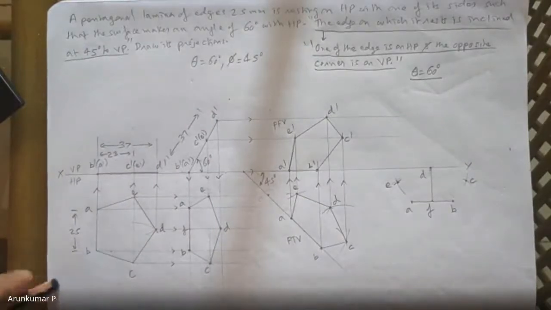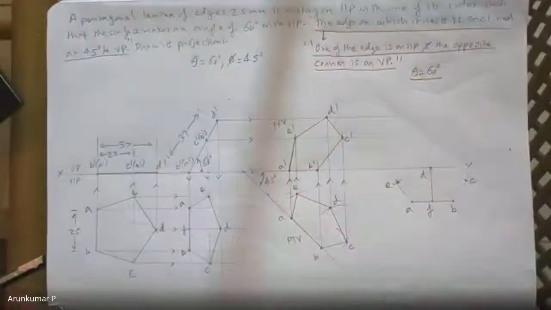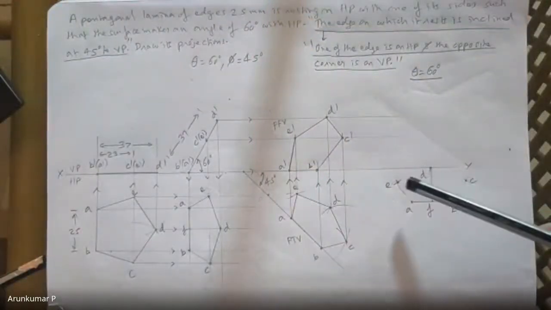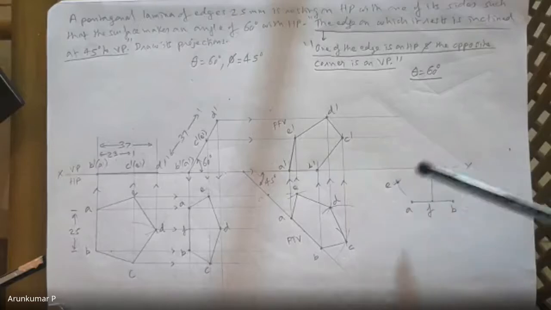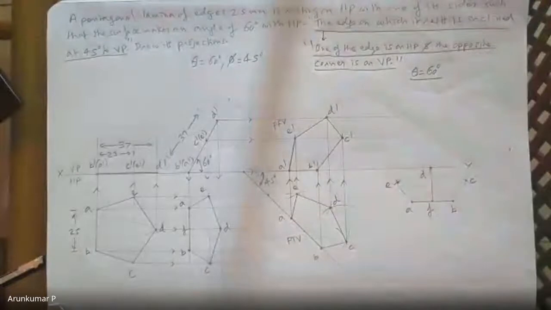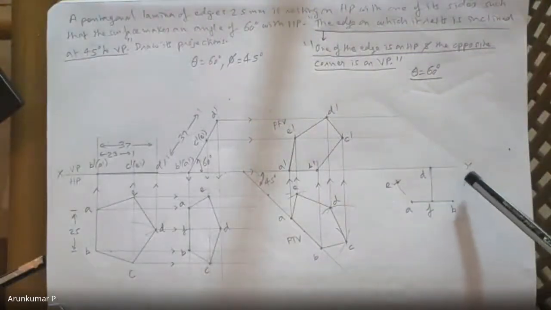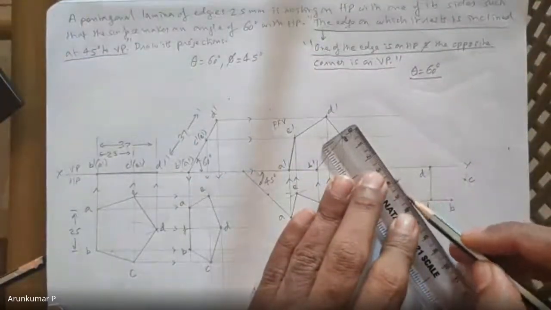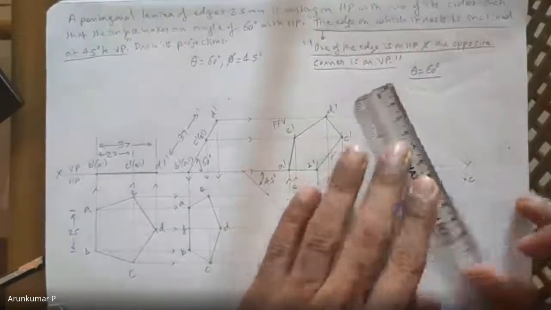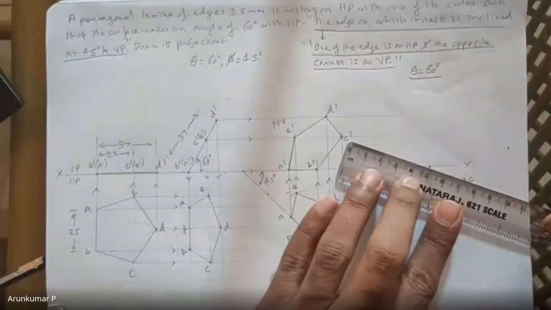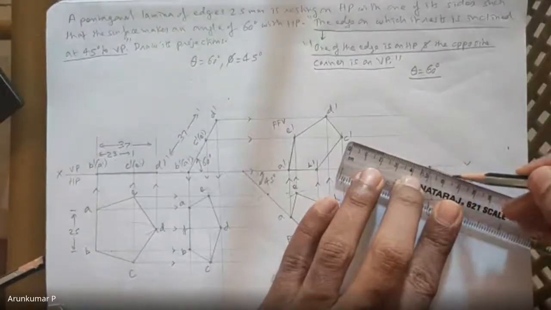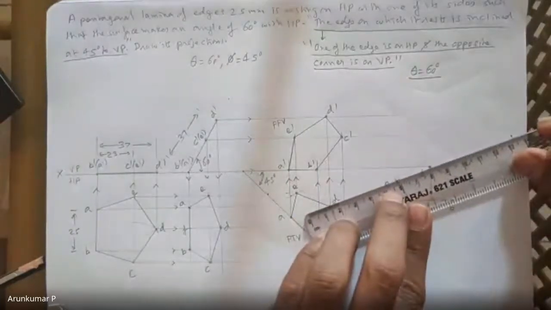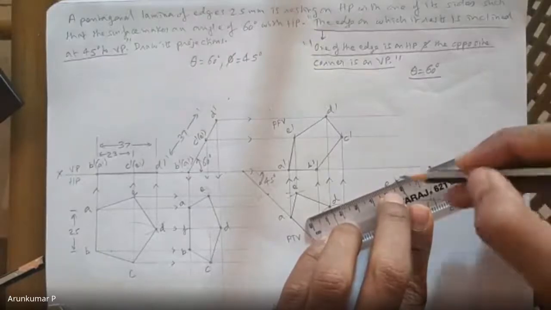So this is how I can locate and find out C and E with respect to maybe A and D or B and D. It is up to me. With respect to any 2 points, I can locate the third point with the help of the rounder. Now if I join them, I'll be getting this, the second step top view.